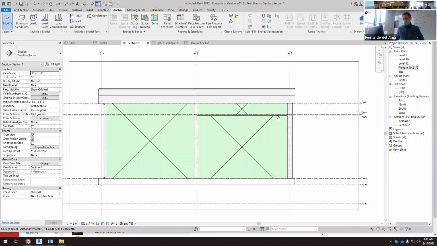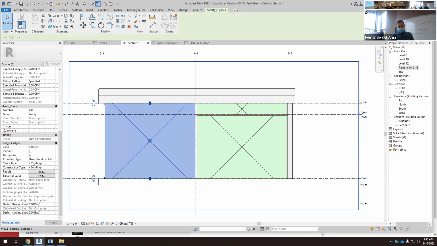I want to analyze the space. Okay, so we have done something. If we select this, we know that it's occupied, it's heated and cooled, and then space type. Okay, so we can select what kind of space we are doing here. So if we click here, space type,